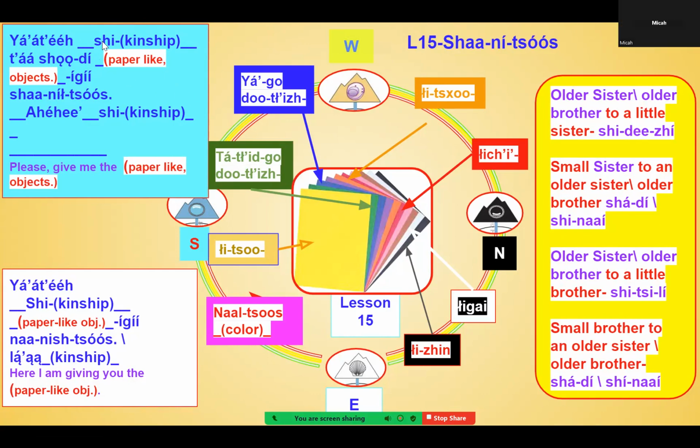Yat a shade. Oh, let's see. Micah to Noah. Is that right? Oh, you say Shitsile. Shitsile right here. So your older brother, you're and the younger brother. Shitsile. So say yeah, there's Shitsile. Noah. Yat a shitsile ta shon di nalsos sli igi Shaaníłtsoos. Yeah, Shichigi.